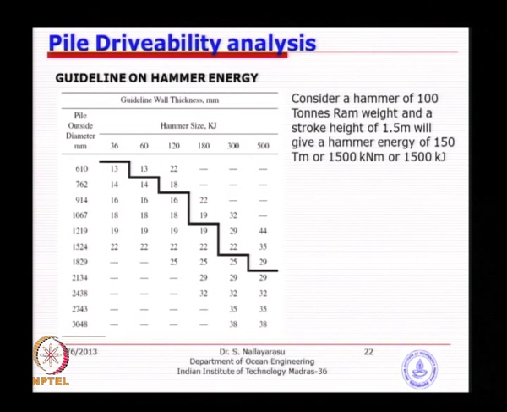A 500 kilojoule hammer is reasonable and commonly used in onshore or coastal pile driving, but 500 is too small for any offshore pile driving of jacket type structures where you have a penetration of 100 meters. So that also had reasonable issues in recent times and has been removed. But you can see that as the pile size increases, most of the hammers that we normally use are about 1000 kilojoule.